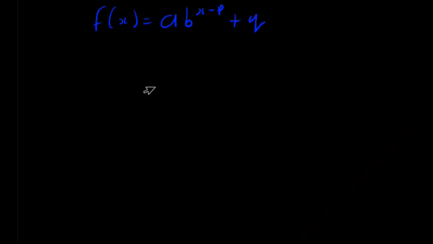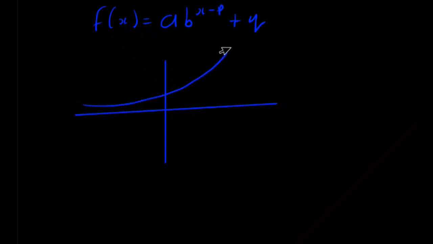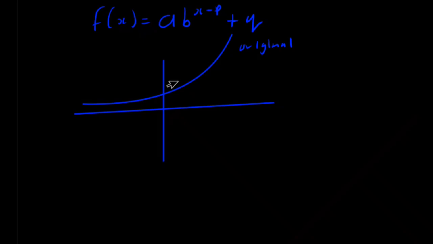First of all, you have to memorize the original shape of the exponential graph. So let's just say this is our Cartesian plane. You have to memorize that this is the original shape of the exponential graph. It's something like this, right? Think of this as the original. Now this original shape happens whenever b, whatever is carrying the exponent,